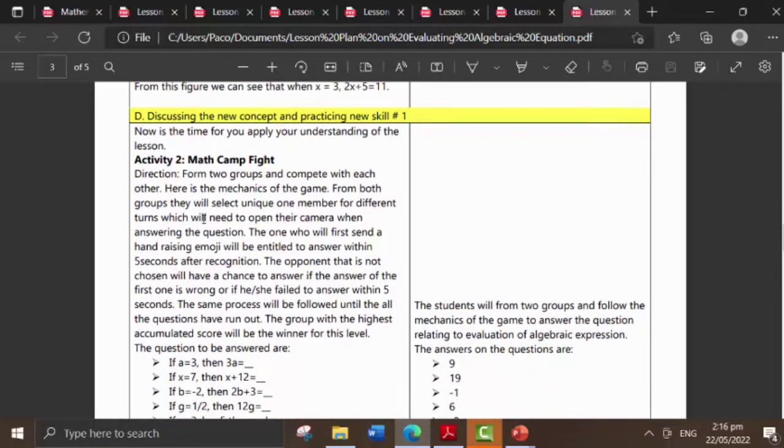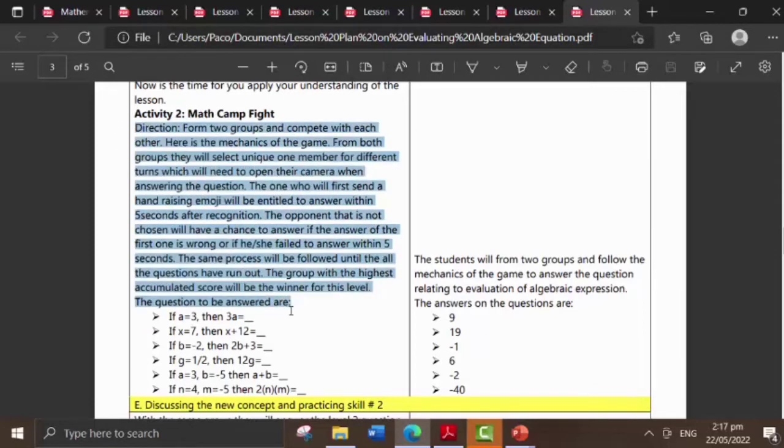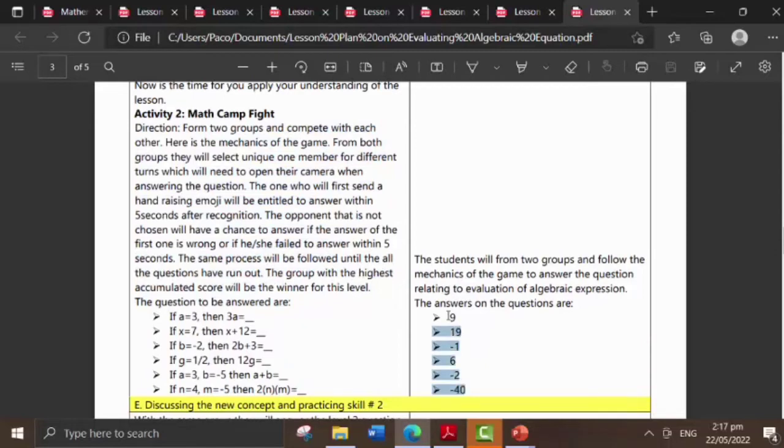For my example here, we have the math campite, the group activity wherein the students should group themselves and evaluate the following algebraic expressions together with their group mates. Here you can see that the direction is clearly explained on the teacher's activity column, together with the problems to be posted or the categories that the students should answer during the group activity or game. So in this student part, the expected answers for these questions should be noted.